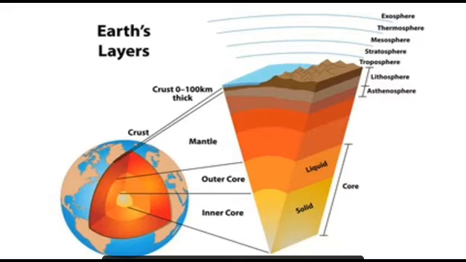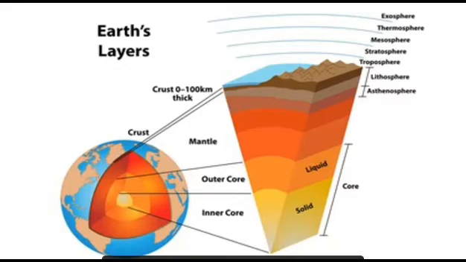Above the cores there is the mantle. This portion is the mantle. Substances of the mantle are usually in a molten state above the outer core. Above the mantle there is the crust. Here you can see the surface of the earth. It is known as the crust. This crust is the outermost solid zone which is made of rocks.